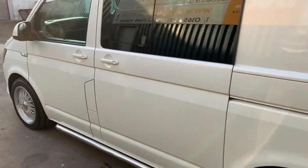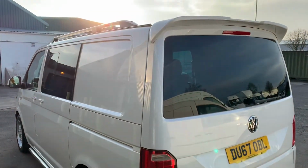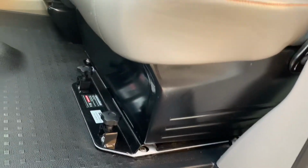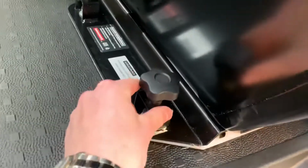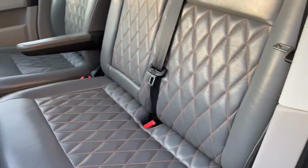And as I say, just to reiterate, the condition is very, very good, as I'm hoping that is showing up in the camera. One thing also I forgot to mention, which is quite an unusual bit of spec being a Kombi, is this is a swivel passenger seat. So I won't demonstrate it here in the video because it does take a couple of minutes, but this full bench here, if you unscrew these here, there's 4 of those, 2 on the front, 2 on the back. If you unscrew those, you're able then to rotate the entire